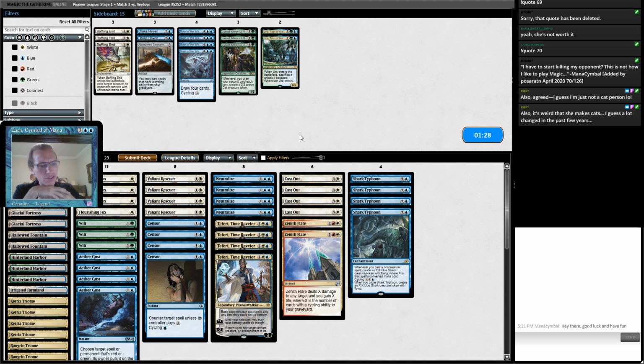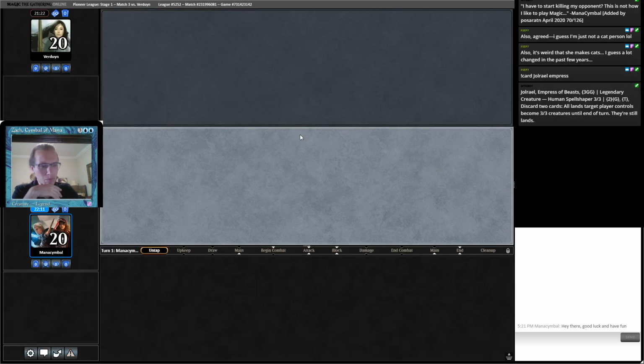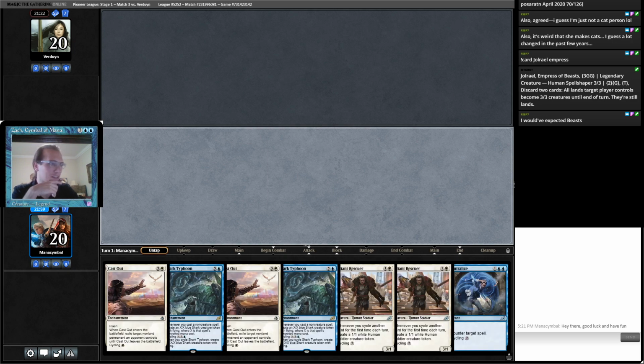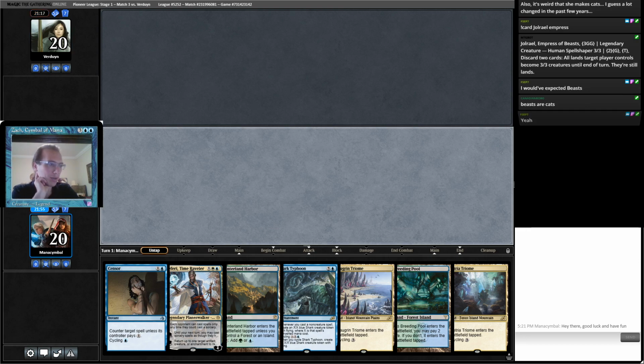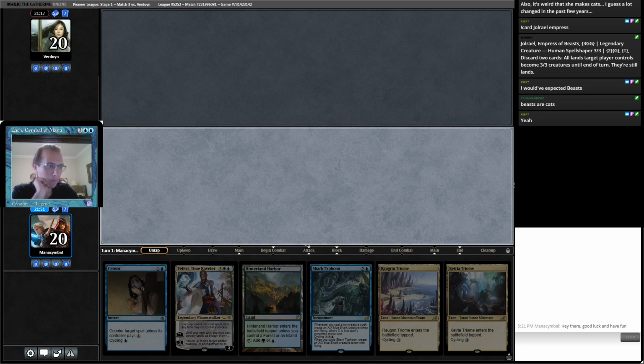What do you mean it's weird that she makes cats? In what way is that weird? Yeah, she's the Empress of Beasts. Why is it weird that she makes cats? But cats are beasts, right? And beasts aren't 2/2. Beasts are 3/3 by like default, quote unquote, or bigger. Sometimes they're 4/4. I mean, sometimes they do like weird stuff where they make actual like cat beast creature type creatures, but